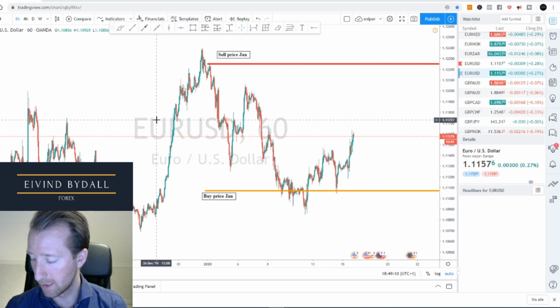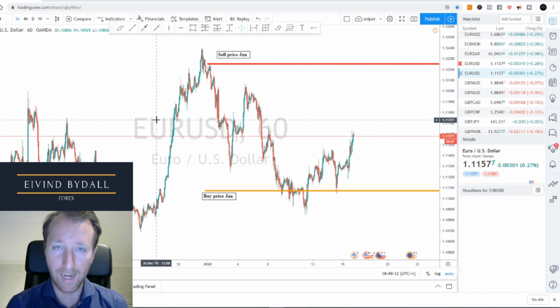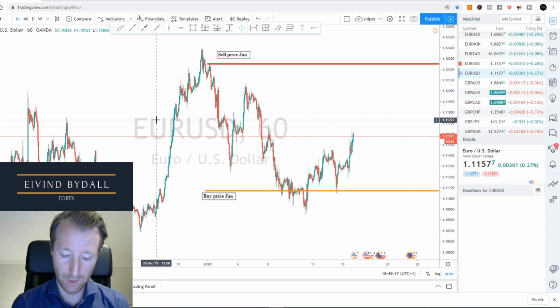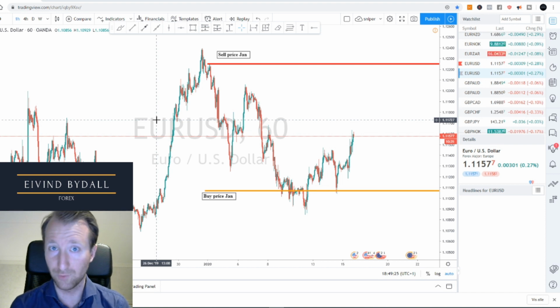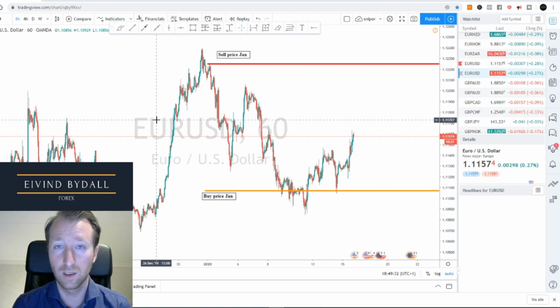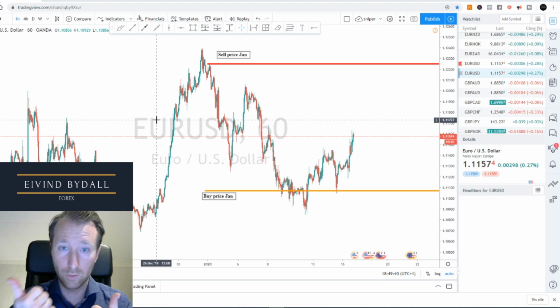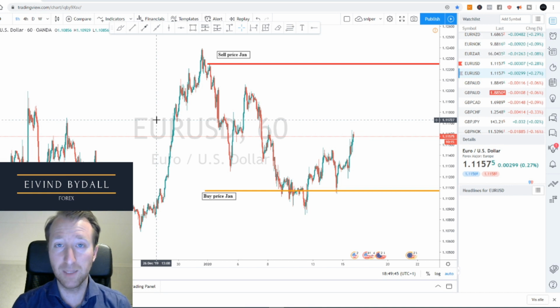Entries. Before you even think of the word entry, you should have a bias. You should have a currency. If you're in my groups, you should have chosen one of the currencies I have mentioned, like Aussie, USD, Euro, Yen, whatever. It doesn't matter. So you become expert in that one currency. Now we have the Euro USD, so either you're a Euro trader or USD trader, then you can trade Euro USD.